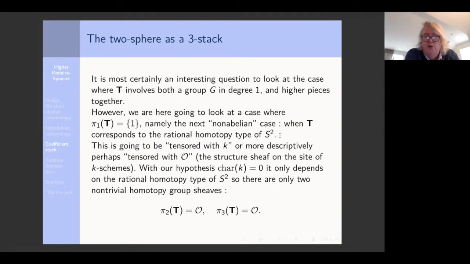In other words, the homotopy groups of the two-sphere: there's a pi 2, which is Z. Pi 3, I think it's also equal to Z. And the higher pi i's are all finite groups. We don't know what they are very well, but they're finite groups. So the rational homotopy